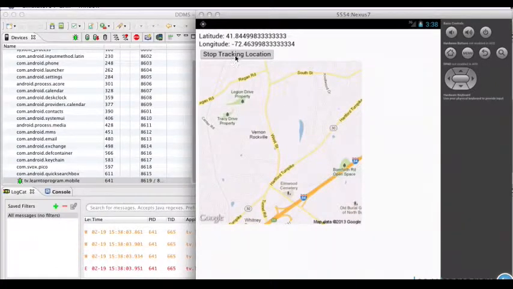Now, of course, if I click Stop Tracking Location, the map would still appear. Now, if we were to send a different location, of course, the map would change to reflect that location. But this is a quick and simple way of using Google's existing Maps API to display a map using HTML5, PhoneGap, and